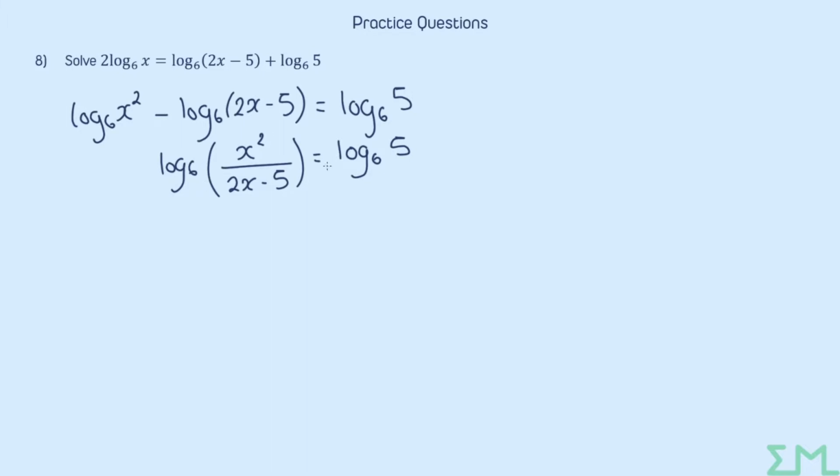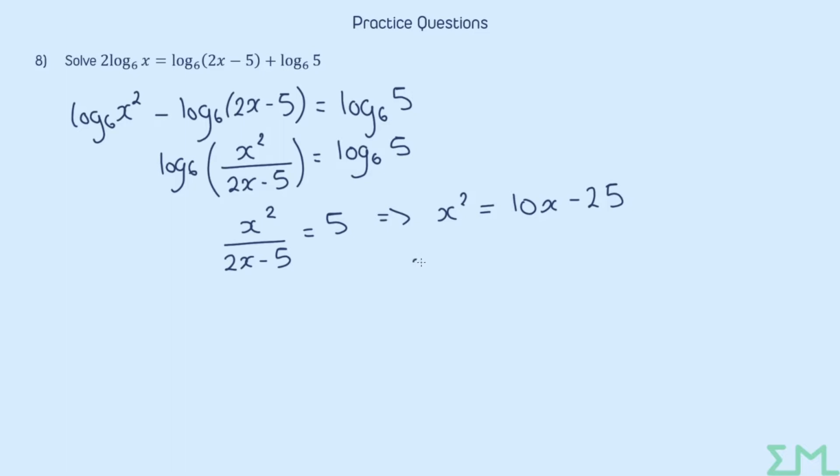So if we raise both sides to the power of 6, to cancel out the logs, then we will just get what sits inside the log. It's almost like the logs just cancel on both sides. So we just get x squared over 2x minus 5 equals 5. And now we're just dealing with a nice